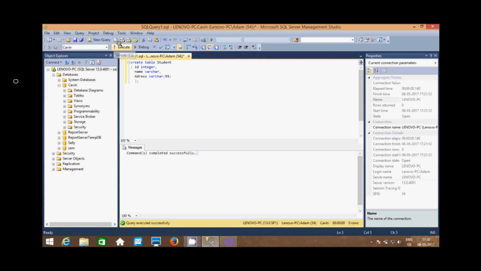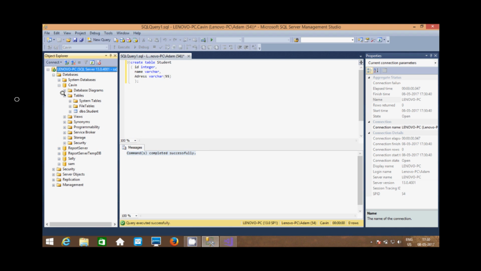Let's execute the query. Right here, command completed successfully. Go to Kevin, then tables: dbo.student created successfully.